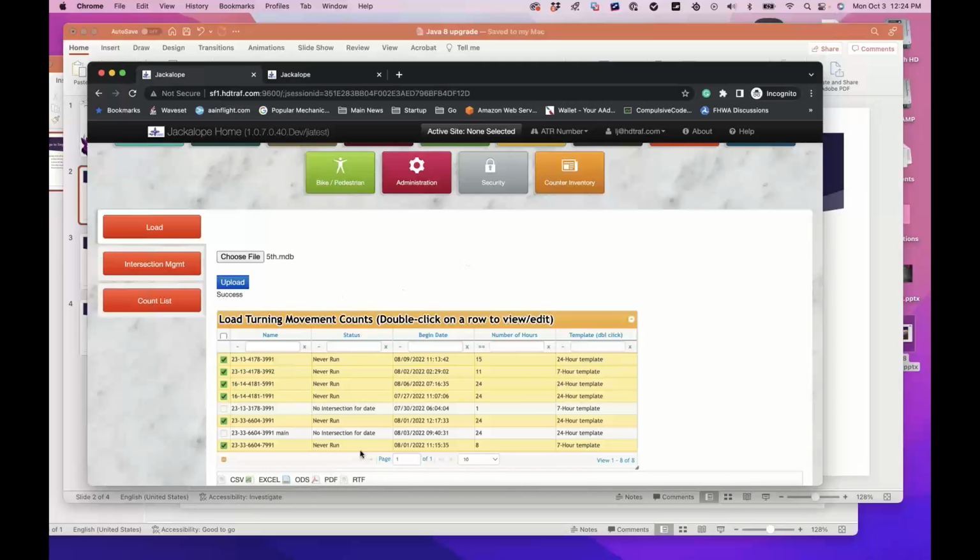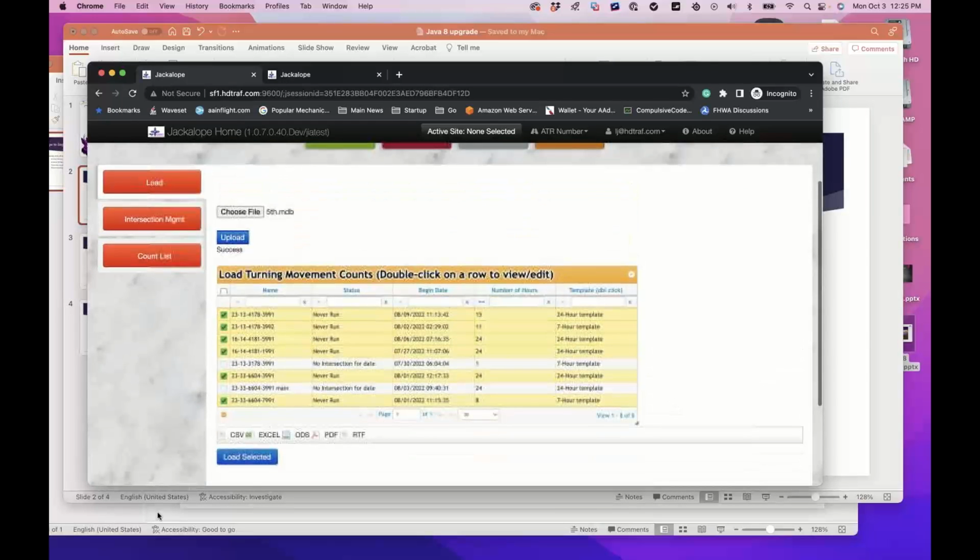So we go through the file. In this case, there's 8 counts in this one file, and you can see the status. It's never been run. How many hours is it, and stuff like that. And then there's this template, which is an Iowa specific thing that normalizes various count durations into a single template that can then all be treated the same way. But that's Iowa specific, so I won't go into that. And then you just hit load. I'm not going to do it because this actually takes a while,